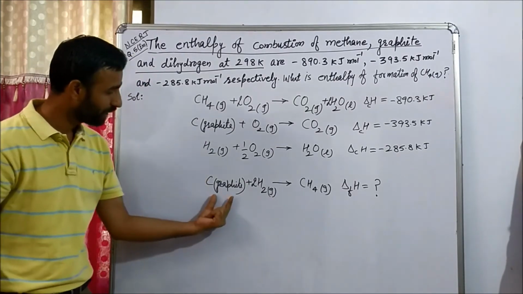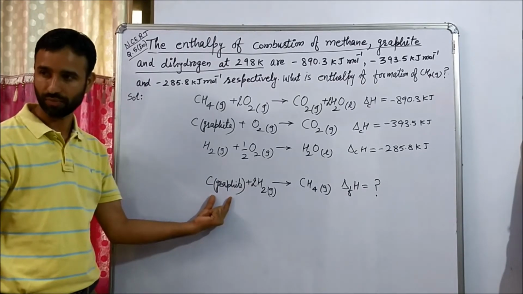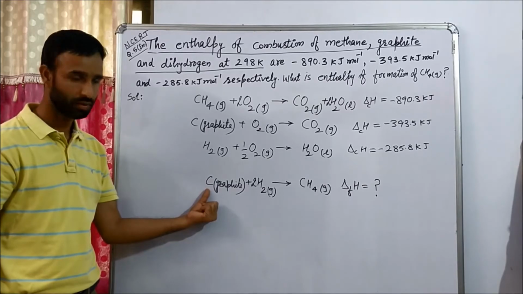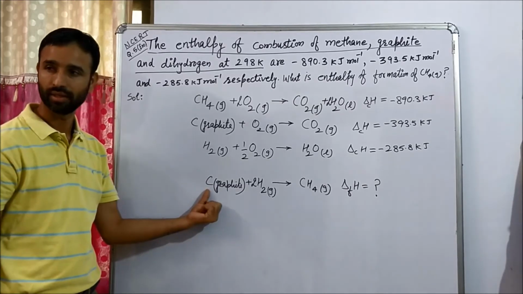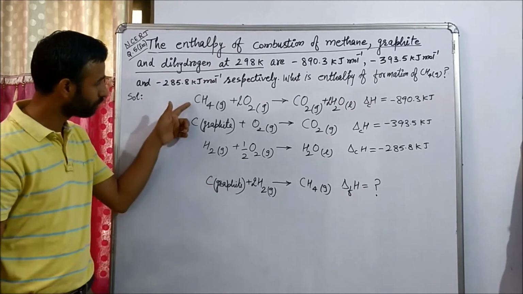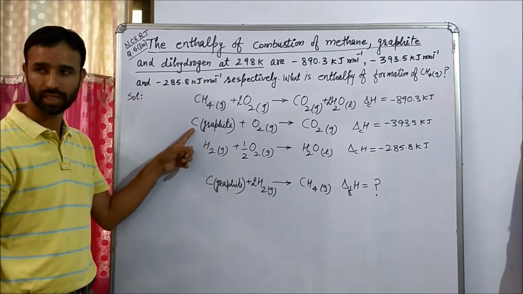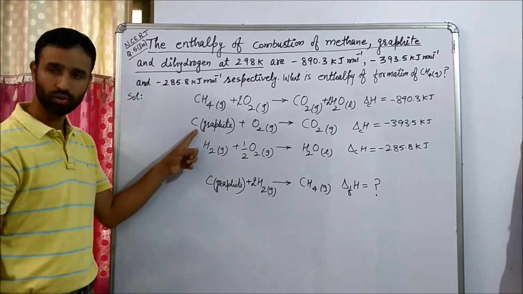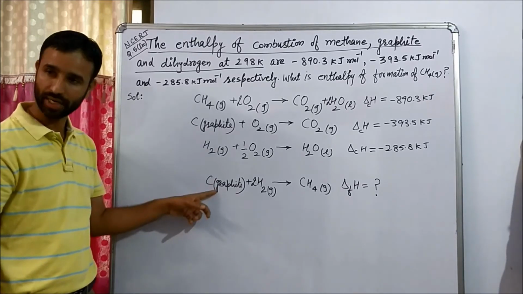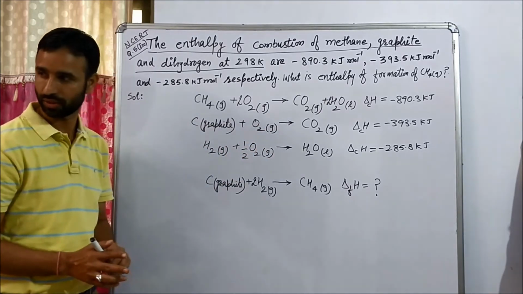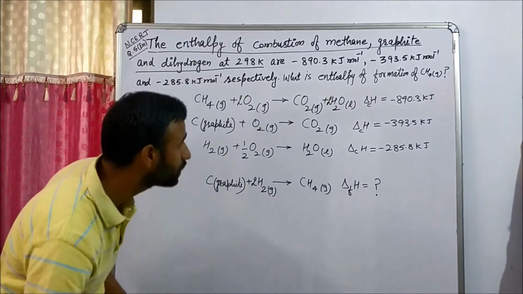Now first, what do we need? Graphite. Carbon graphite. How many moles? 1 mole. And on which side? Left side. Now, from these three equations, carbon graphite is in the second equation. How many moles there? One. Same side, same moles. So we keep this equation as it is. Okay. And take this as